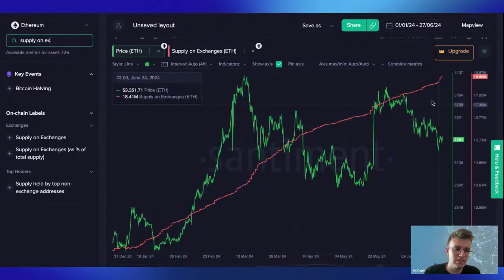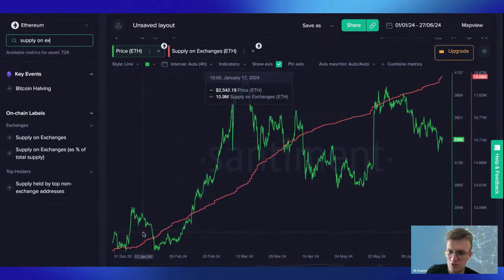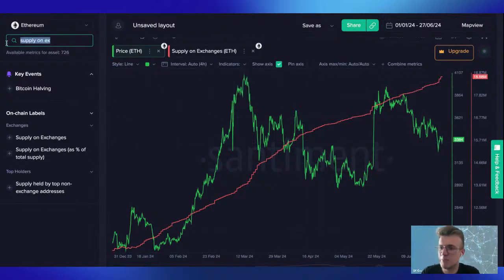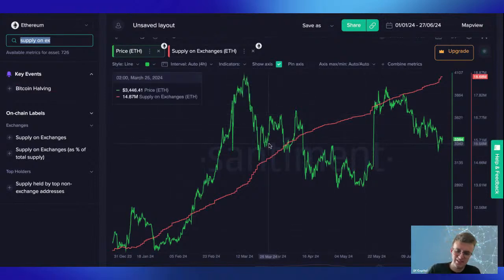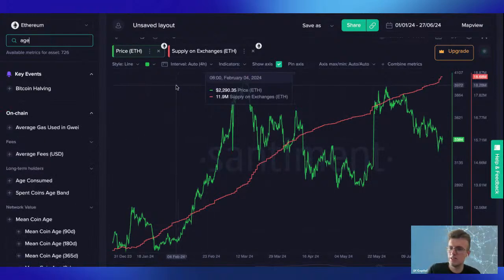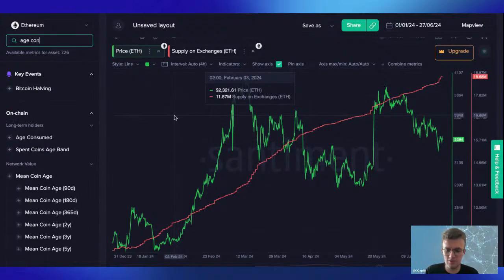Even the movements in supply are not as correlated with the price as it could seem. So it just grows. People are just returning their capital to exchanges and preparing to sell, basically. The next metric at which we will look once more is age consumed, and Steph has already